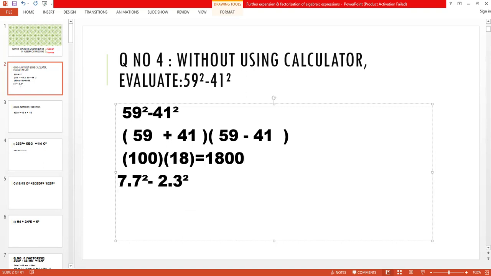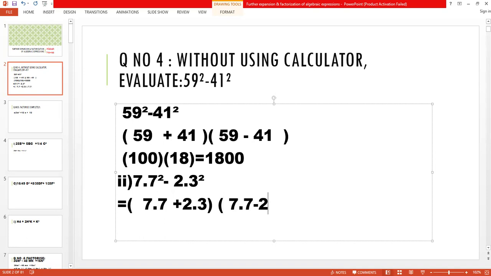Now we come to the second part of question number 4. Okay, first of all, again we have to use the same thing here in second part also. But first time we have to add, and next time we have to subtract this 7.7. First we have to add plus 2.3, and next time I have to subtract 7.7 minus 2.3. Okay,